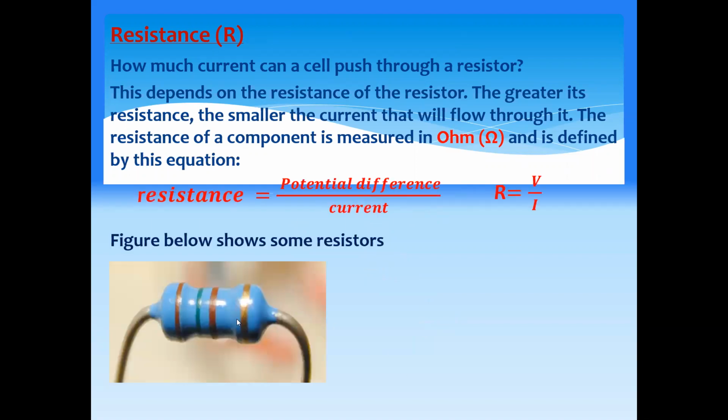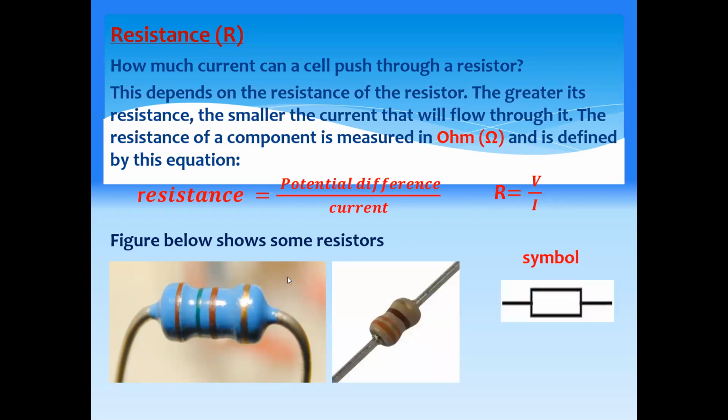So this is how resistors look in a circuit. The colors on the resistors refer to their values, also known as color coding. On the resistor, the value of the resistance is not written directly. The color codes are there, so using these color codes, we can identify the resistance of a resistor. The circuit symbol for a resistor is denoted by a rectangular box. If we want to measure the resistance, we need a voltage and we need current.